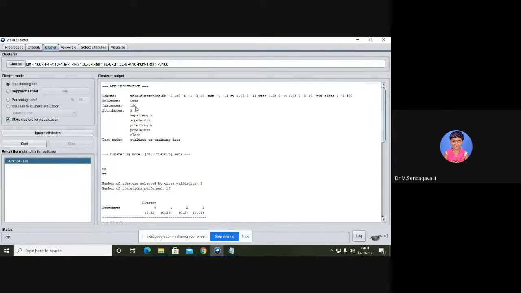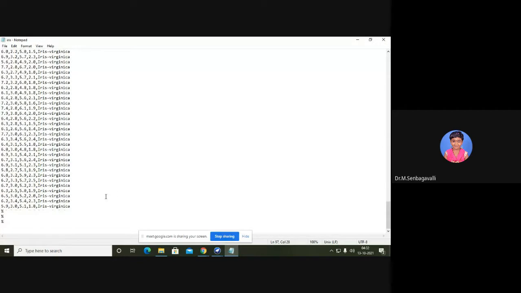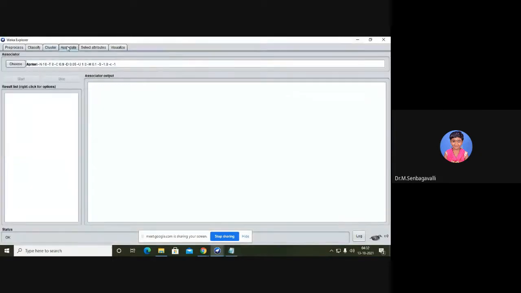Just now I have shown you the source also. Here we don't have any number specification for the data, right? If we apply this in Weka, it will do the count. It will show how many instances are there in the particular data. Like that, you can also do association rules, and inside association rules, by default it shows the Apriori algorithm.